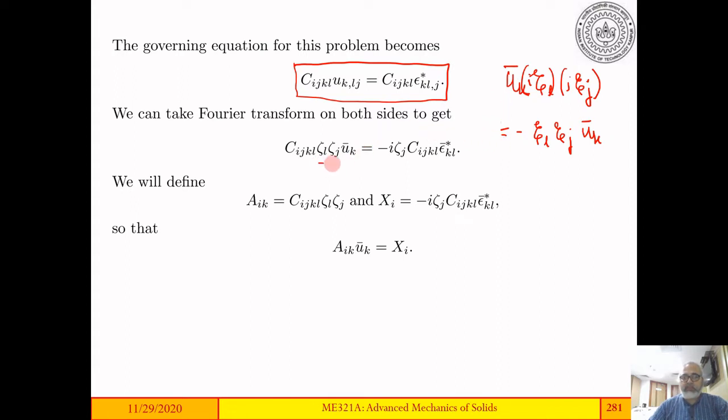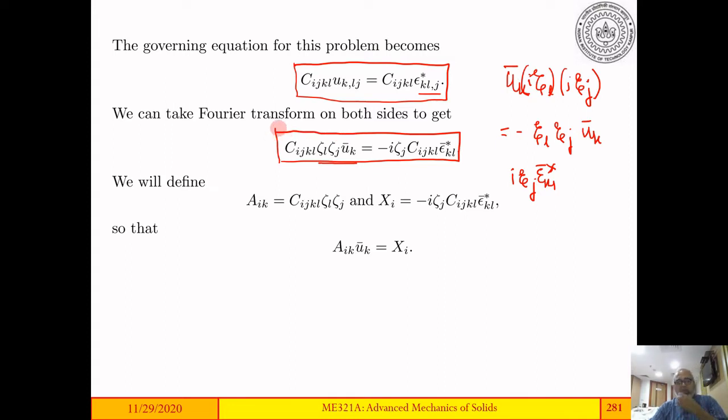Plug that in here. This is what we have, and on this side you will have epsilon kl star bar, and because of this j you will have I zeta j. So that would lead to, if you take Fourier transform of both sides, you will get this expression. Okay, now we will define this part to be aik, and aik we have encountered before. This is called the acoustic tensor,